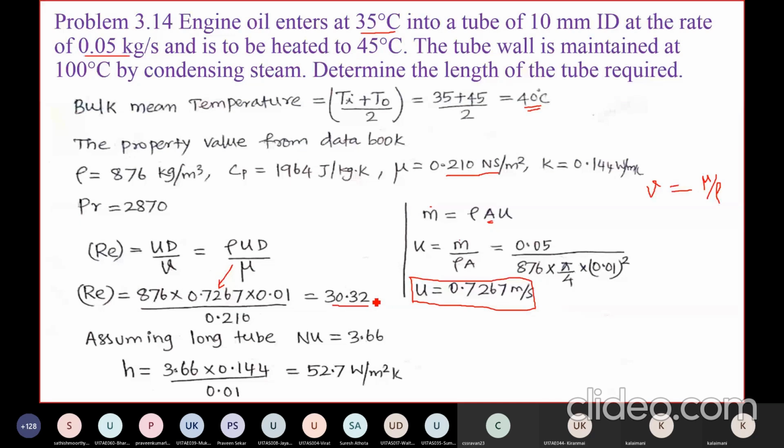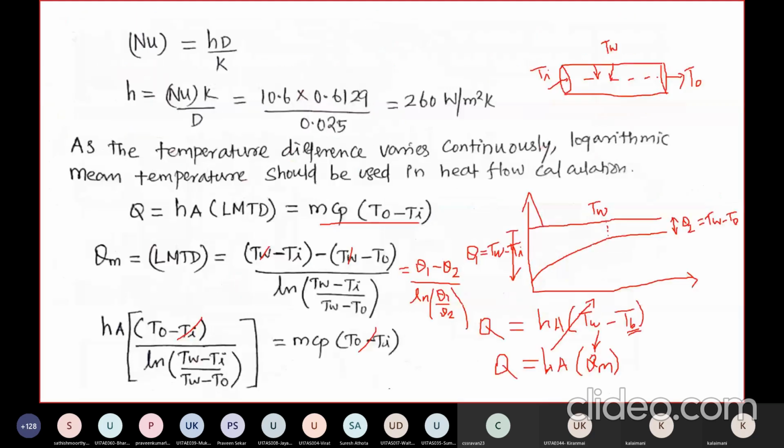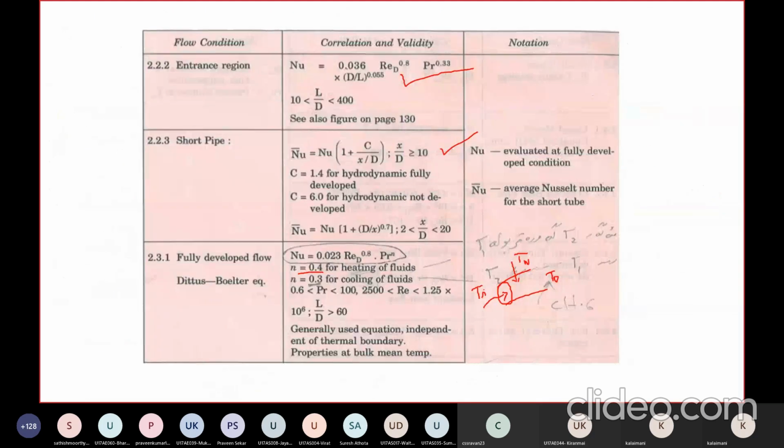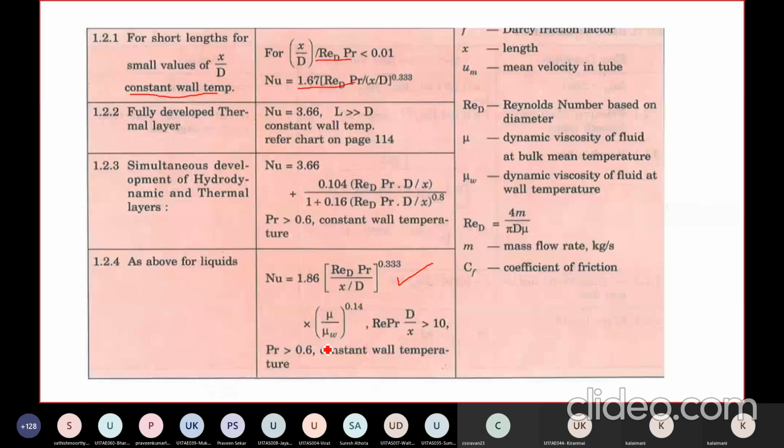The length is not given, so we are assuming the flow is a laminar flow. So I am using this as a fully developed thermal region. In this concept, I am using the Nusselt number formula, which is 3.66. This is available in your data book. So initially we are assuming